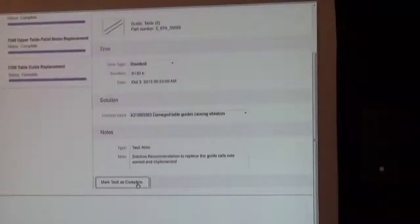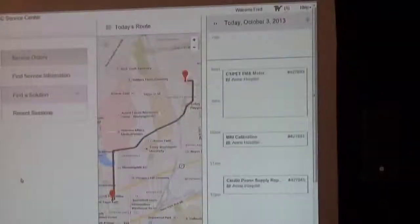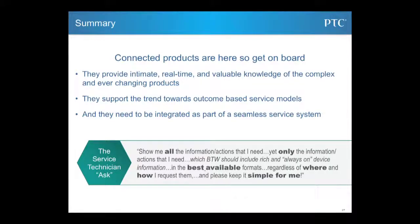So, high level, but hopefully an indication of how different systems work together in context, so a tech does not have to waste time searching. It's delivered in context to them, in addition to leveraging some examples here of how machine information gets embedded into that system. So in summary,